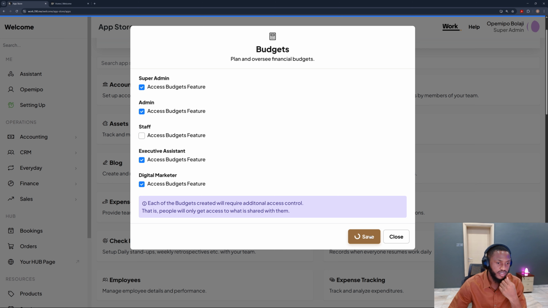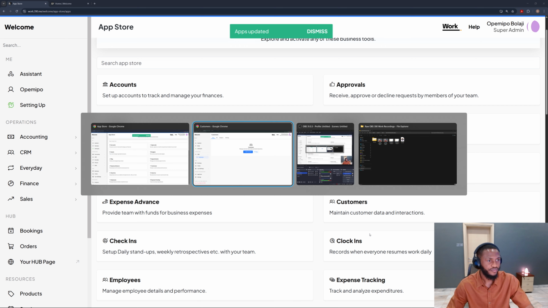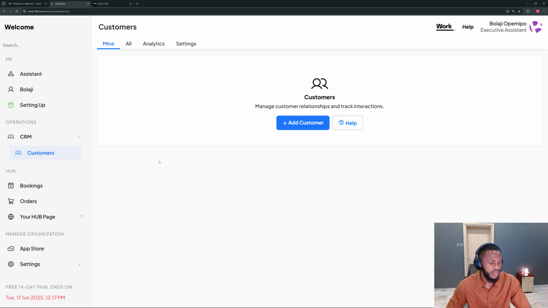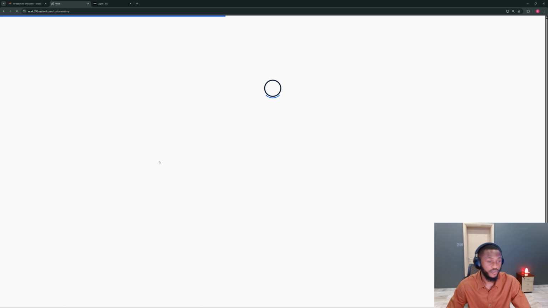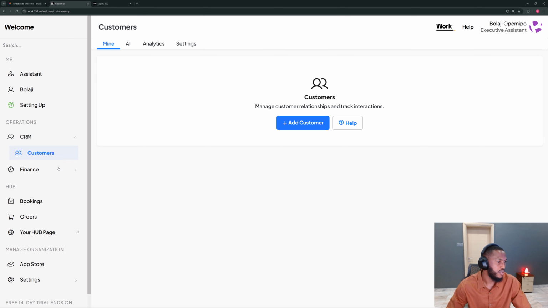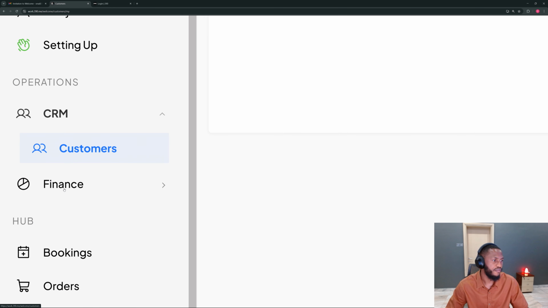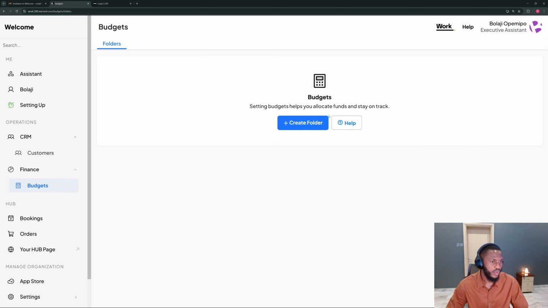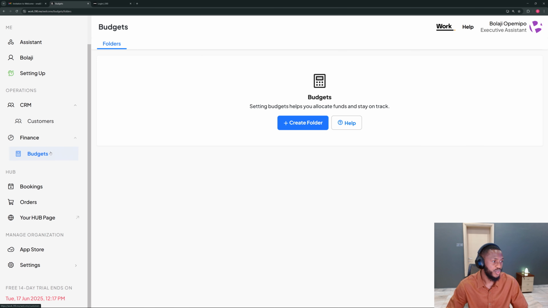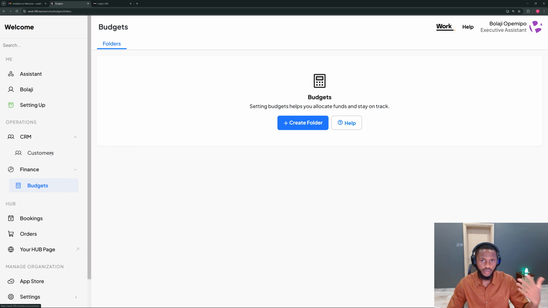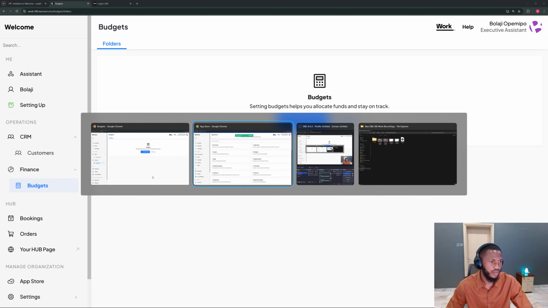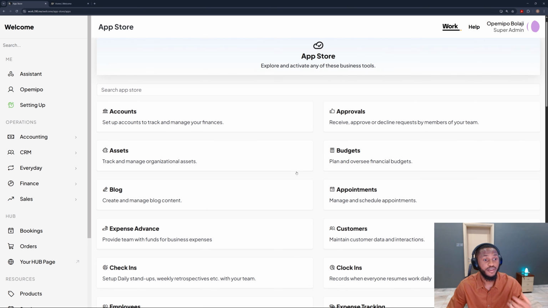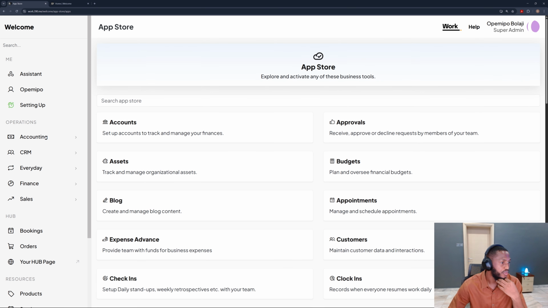All right, and I'll save that. Upon doing that, that is updated. And if I come here and I reload my page for the assistant, we should see that inclusion in the finance module here. Then budget is underneath. All right, so we have that there as well. So these are the two things we just added. And increasingly along the line, you could just keep adding more and more features for any other parts of your people. And for you as well, if there's something that you need that is not here,